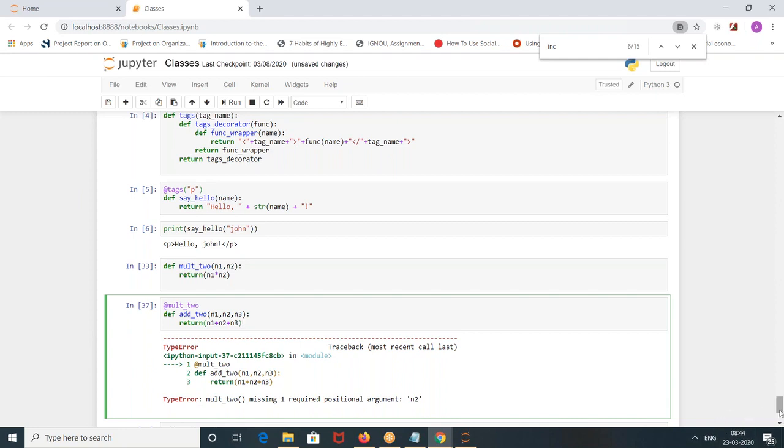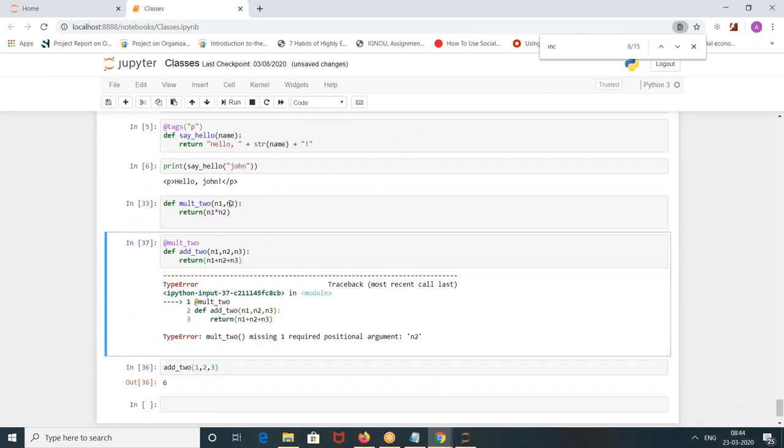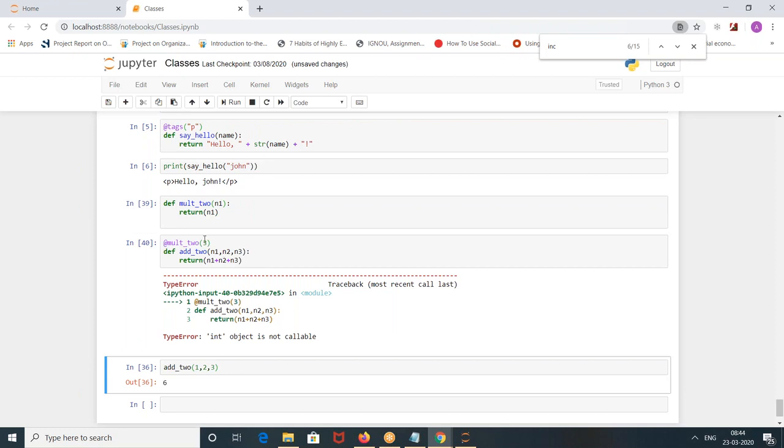Mult2 is missing one required positional argument n2. The object is not callable.